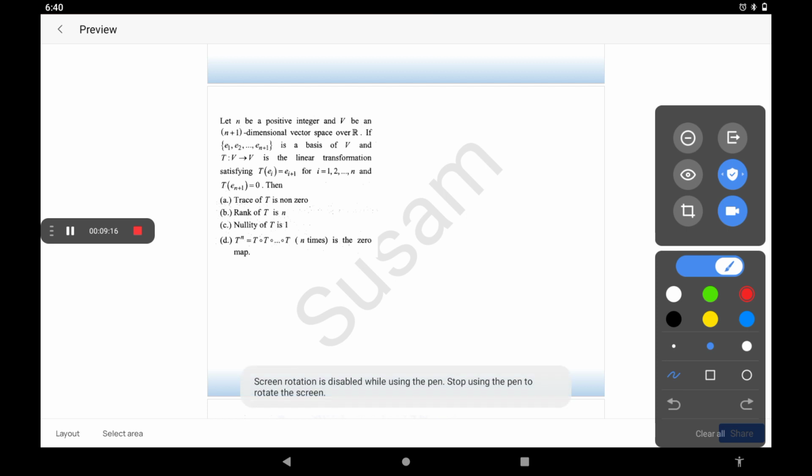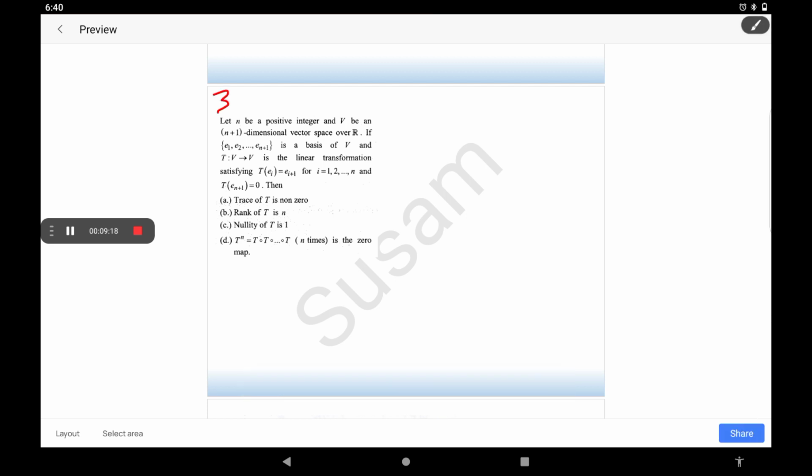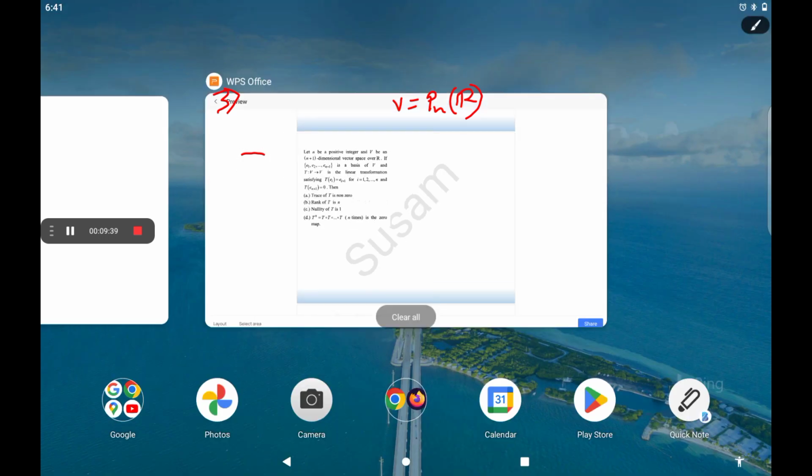Let's come to our third problem. What is that? Let n be a positive integer and V be an n plus 1 dimensional vector space. N plus 1 dimensional vector space means I can think of this one. If e1, e2, ..., e(n+1) is a basis of V and